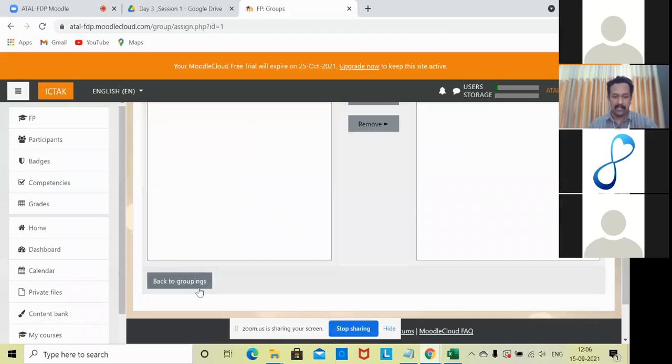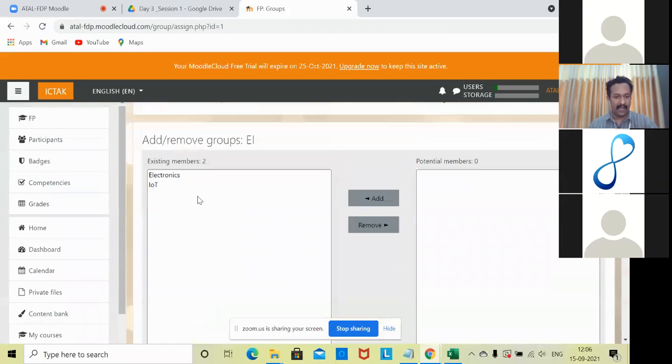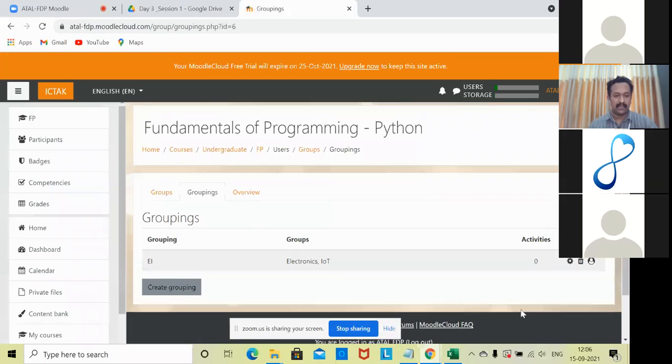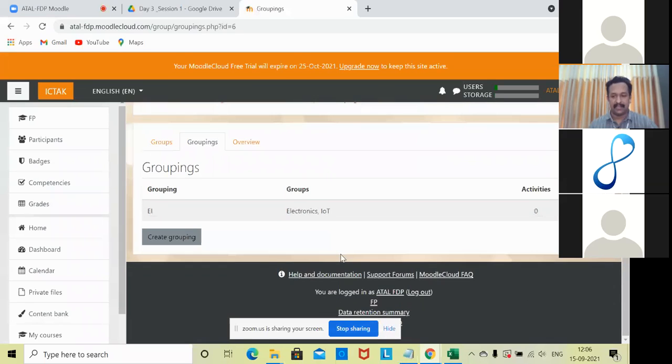Now we have added them into the grouping of EI. Then we are just going to add this. So as of now, you can see that the grouping is EI. Groups available under this category are two groups, our electronics and IoT groups.